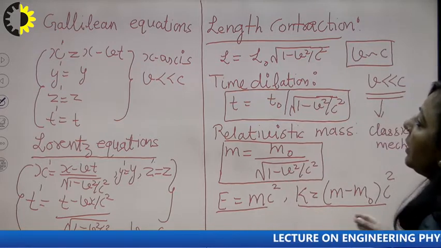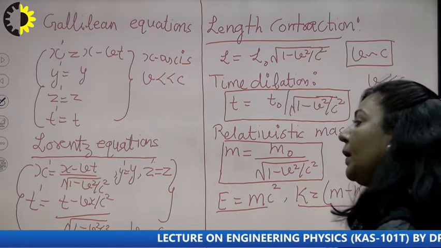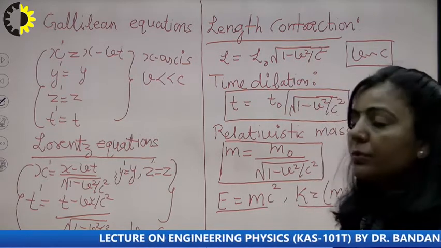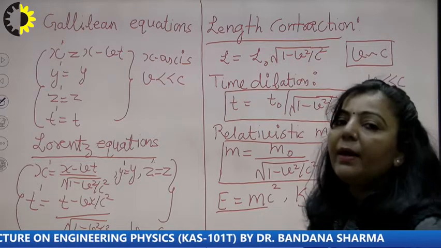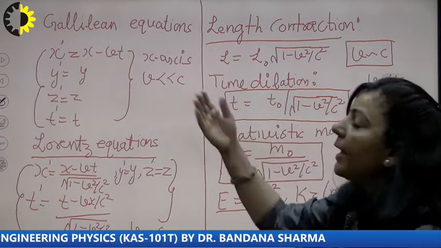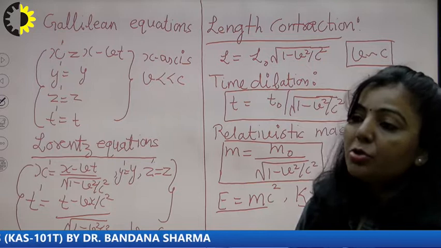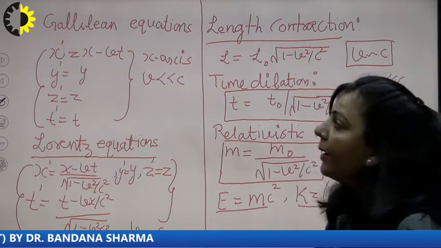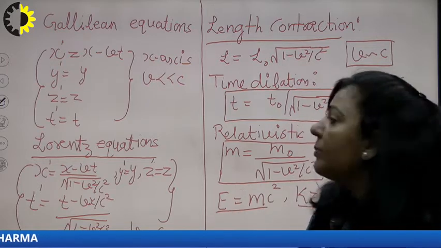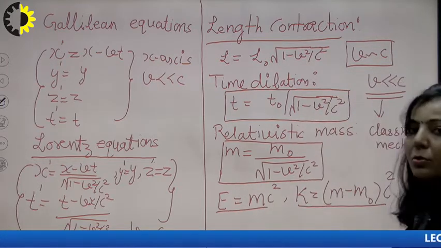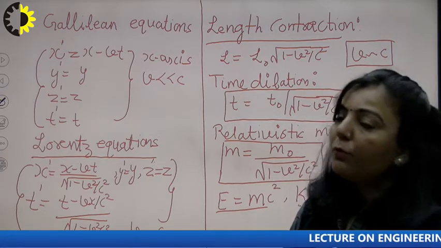Now using all these formulas, we are going to solve a few numericals, and in our previous lectures we have also solved a few numericals when we did a particular derivation. For example, when we solved the Galilean equations, at that point you proved that the distance between 2 points is invariant under Galilean equations. Similarly, you have solved a few numericals based upon Lorentz equations and all these concepts. So now I am going to solve a few more questions, more numericals here.